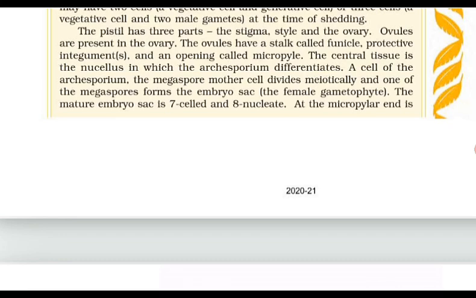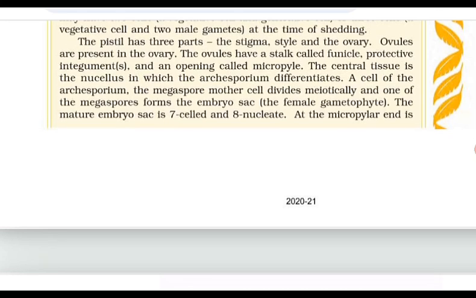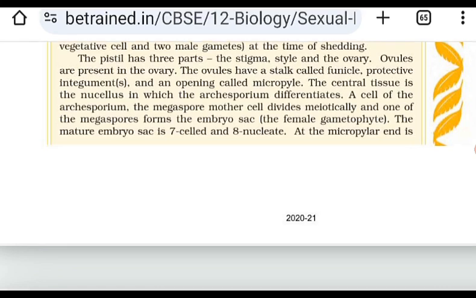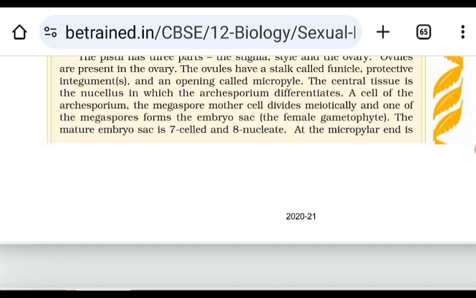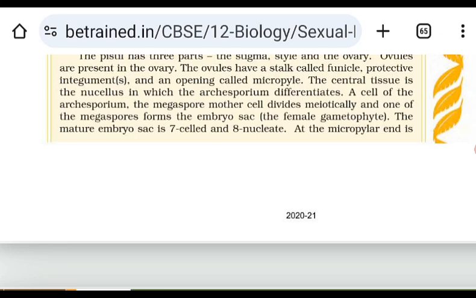Flowers are the seat of sexual reproduction in angiosperms. In the flower, androecium consisting of stamens represents the male reproductive organ. Gynoecium consisting of pistils represents the female reproductive organ. A typical anther is bilobed, dithecous and tetrasporangiate. Pollen grains develop inside the microsporangia.